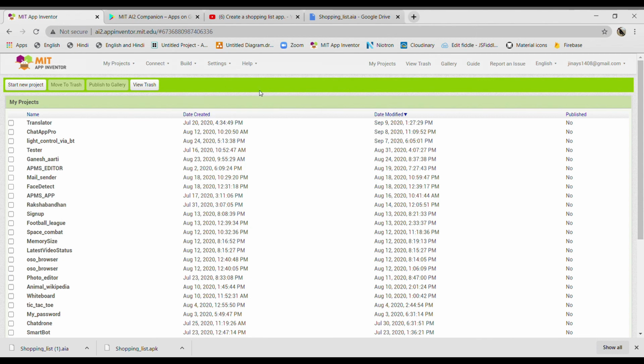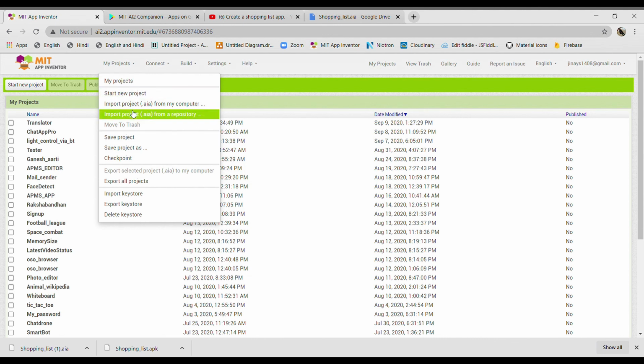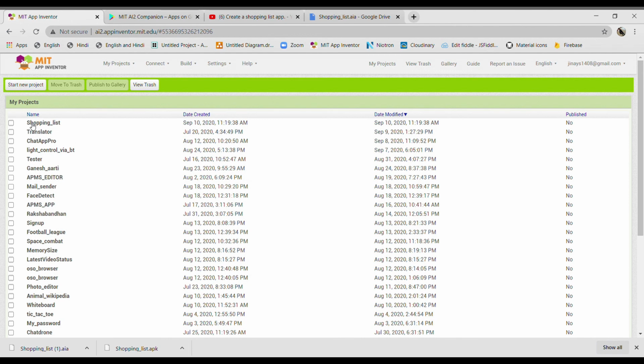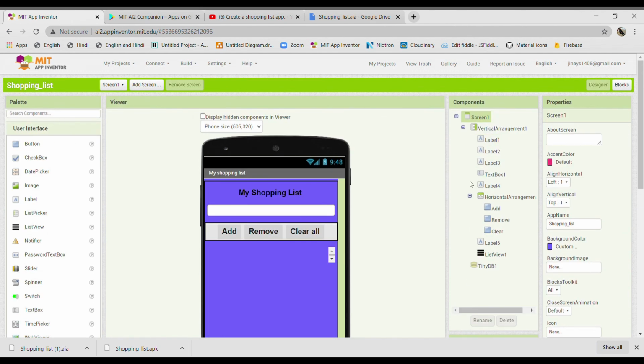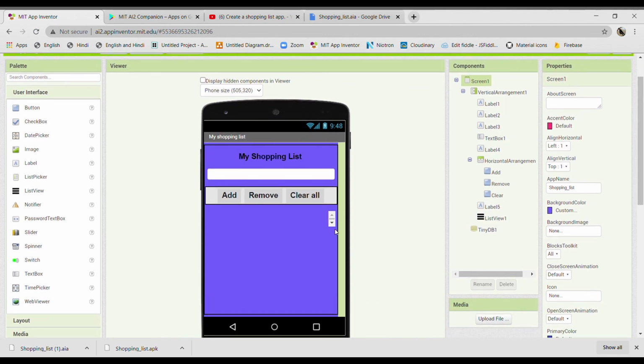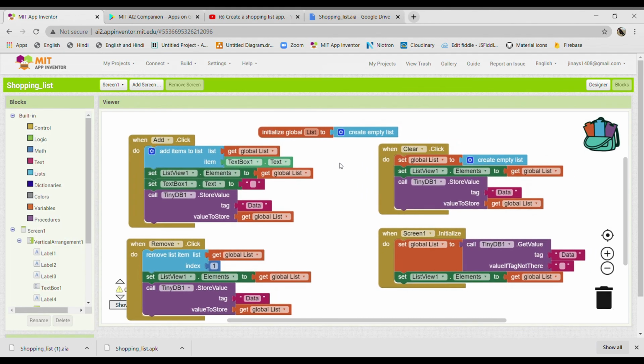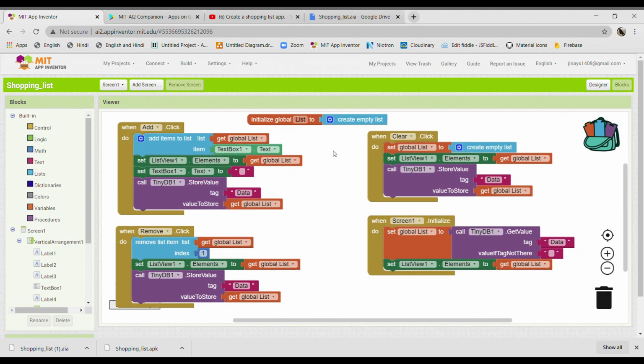But yes, you can just select that AIA file. So I will just import project AIA. I will go to This PC, Downloads, and shopping list AIA. I will open this and OK. So automatically an app will be generated, and here is your app. You get the design, as well as you can go to the Blocks section and you will get the whole code of it. So you don't need to work for this, you can just import the AIA file.